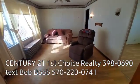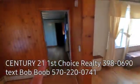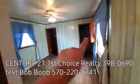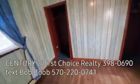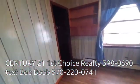So here you have the living room. But you actually have 3 bedrooms in this unit. So here, as I'm on the west side of the property, here's one of the bedrooms. Has a double closet there, left and right. This beautiful blue paneling. I think that was put in about 1970,